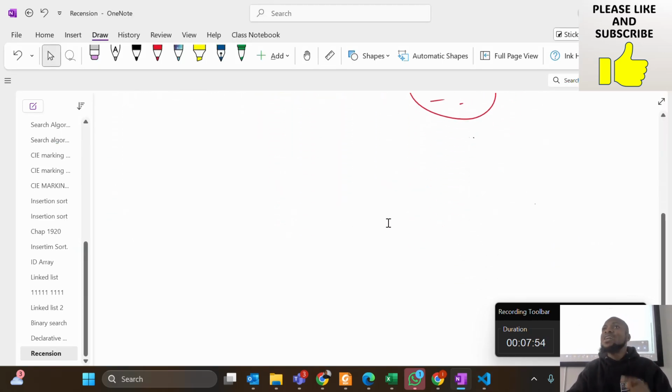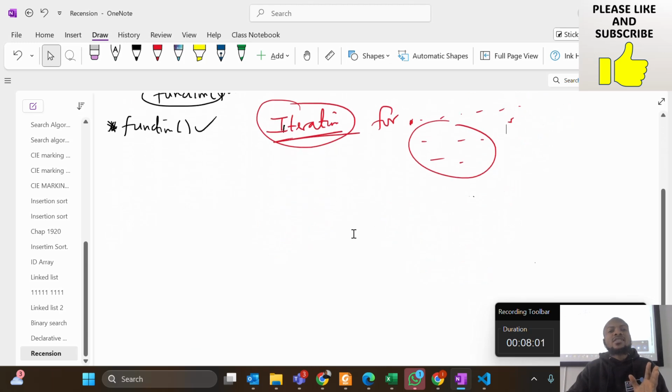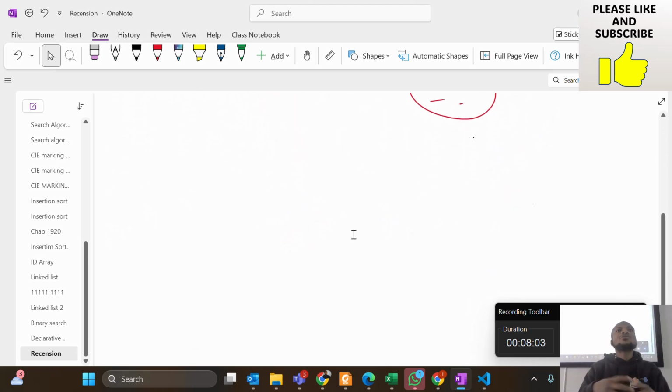You must identify the base case and the recursive case. If not, you cannot solve. And to understand recursion, it's better to write it in mathematical terms. That is the best way to understand recursion. What do I mean? I have to write that sum